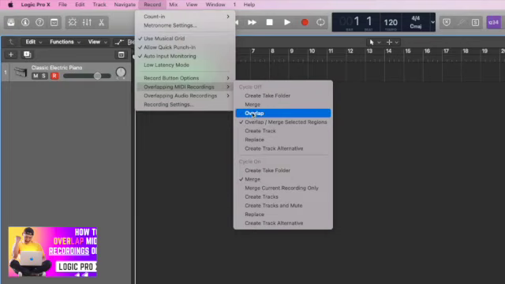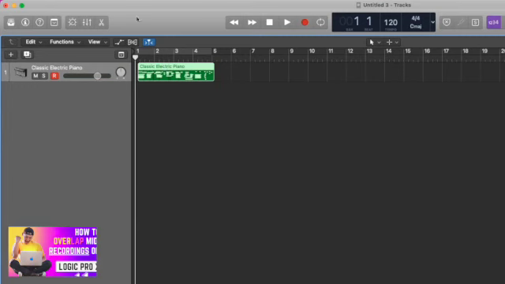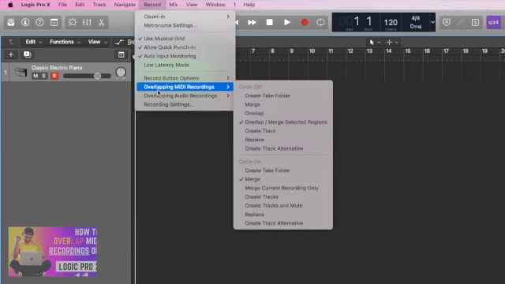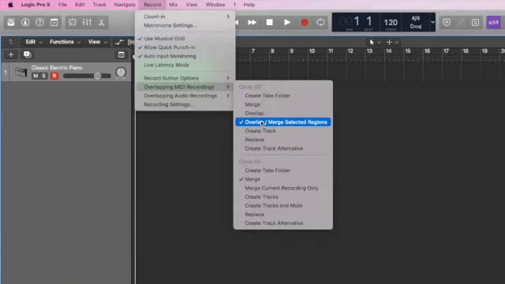That's just something personal I noticed. But the overlap merge selected regions seems similar to the merge, so I don't think there's a difference. Why that's there, I'm not so sure,